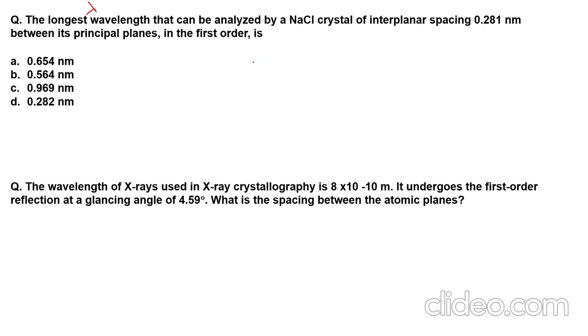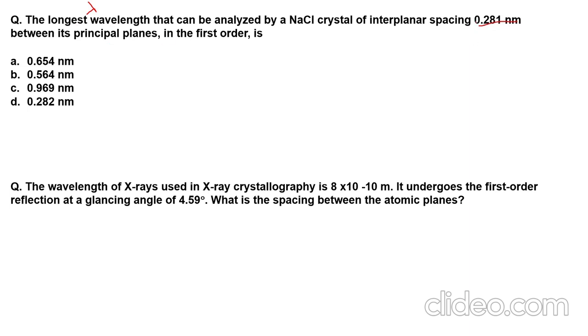This will help you determine what kind of source you should utilize in your XRD. So you have a sodium chloride crystal with a certain d-spacing, and this is the material you want to analyze. Now you should determine what should be the wavelength of your source in this X-ray diffraction that will help you to analyze this